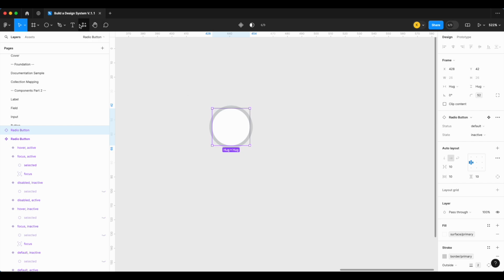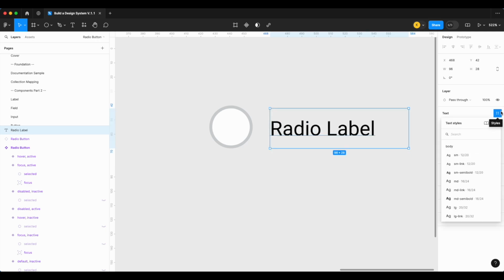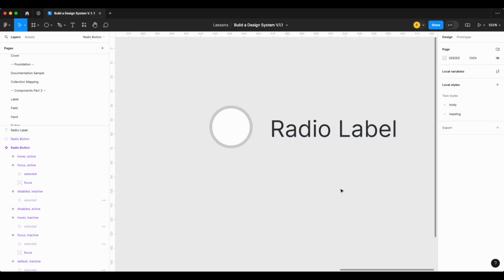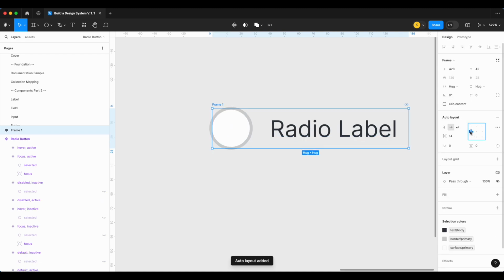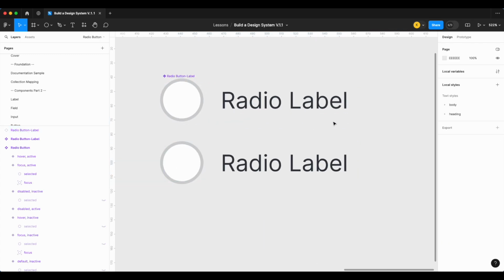So let's take a symbol for testing here. Let's go ahead and call this just radio label, something like that. Let's set this to our body medium. Set this to our text body. Go ahead, select both, add some auto layout to it. Make sure these are center aligned. And what we're going to do then is call this our radio button dash label. Oops, spelled that way wrong. Label, there we go. Let's go ahead, create the component of that, bring down a symbol for testing,